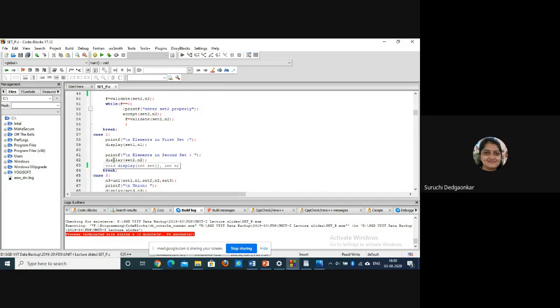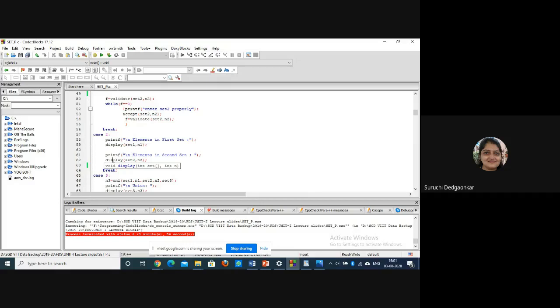What a function says is you have to divide the task into smaller ones. So if you can accept a single set and call it for multiple things, then why are you accepting two sets in the same function? You can call it multiple times. That is the concept of function.